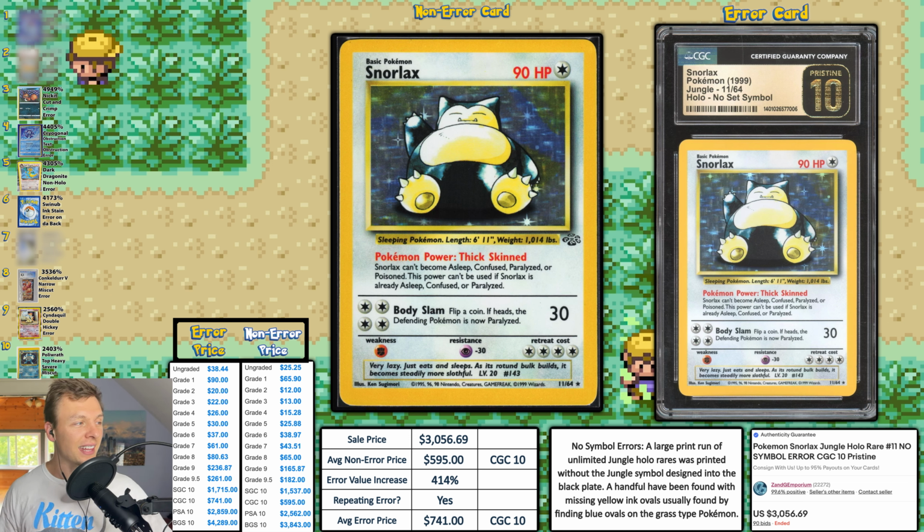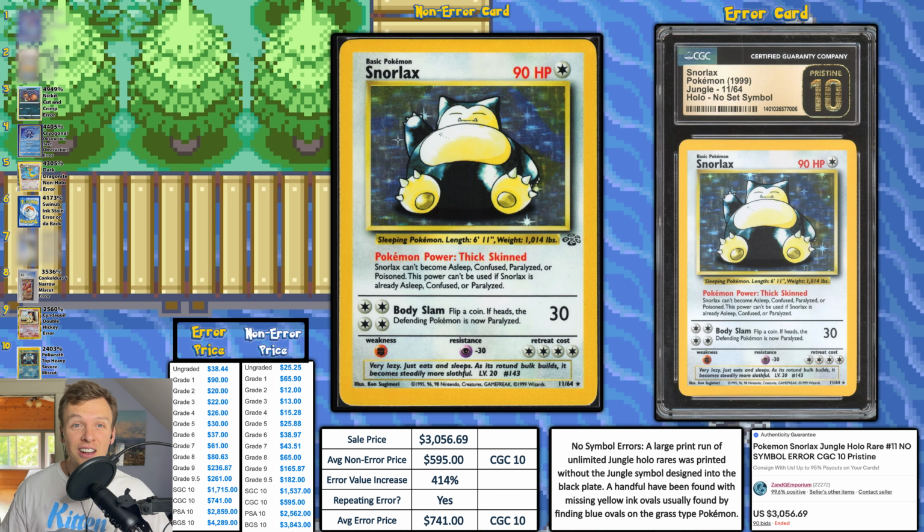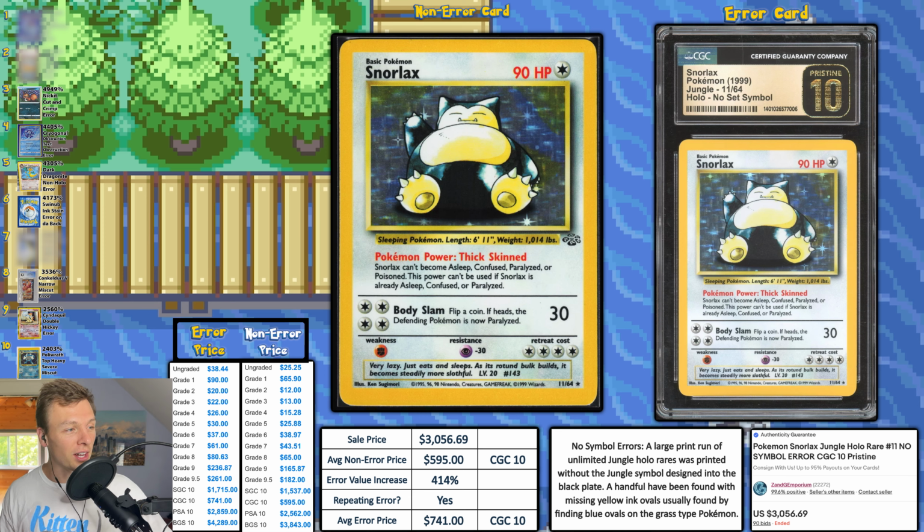An error CGC 10 goes for $741. Now granted, I think that number is definitely low, but I don't think it should be higher than a PSA 10. PSA 10 for this goes for $2,859. This one sold for $3,056. I think people got emotionally invested in the bidding process, and I don't want to say someone overpaid because